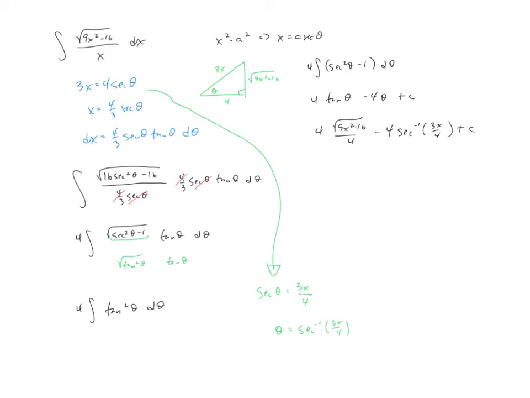I don't want to forget the plus c. A little bit of cleanup, not really much, just the 4 and the 4 going away, leaving us with our final answer of root 9 minus x squared minus 16 minus 4 inverse secant of 3x over 4 plus c. So in theory, this one really wasn't much different than the last one, and you'll realize